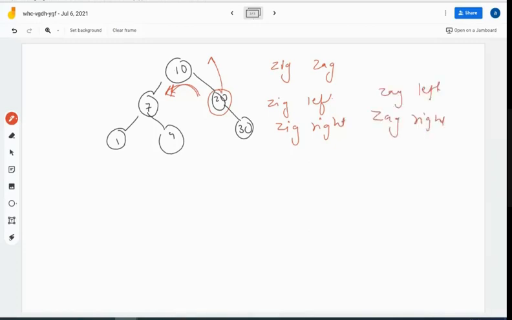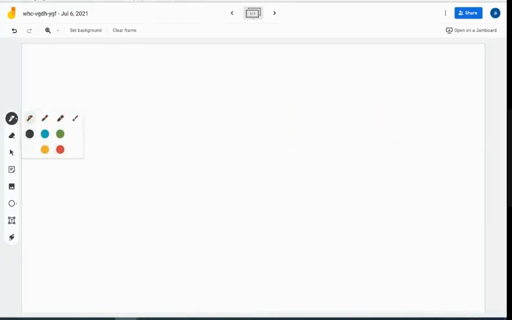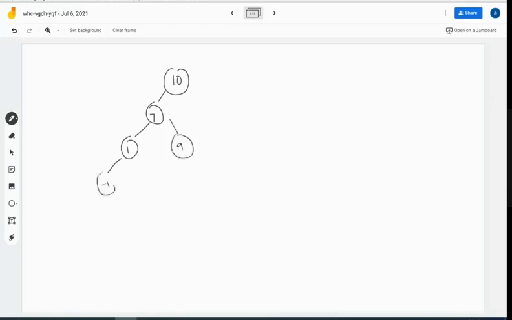Okay. Now the next situation is when the node to be searched has a parent and grandparent. So for example, if I have to search 1, this is the element that I need to search. So I'm writing here, I have to search 1.